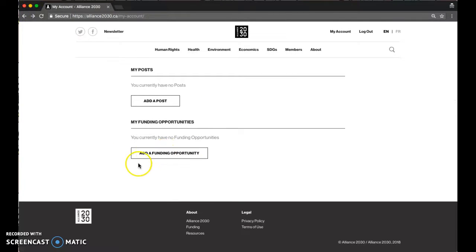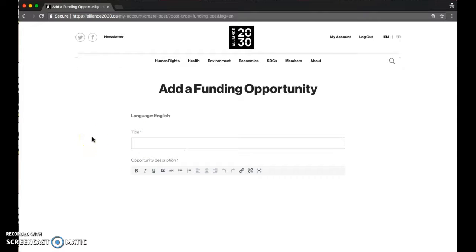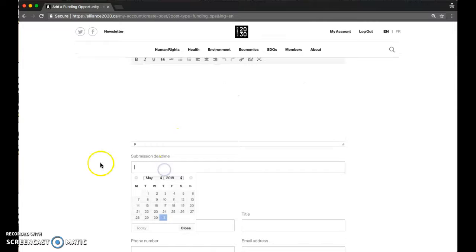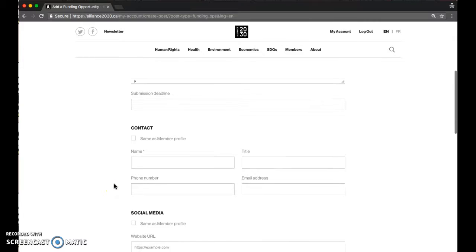Finally, a really exciting feature that we've added is funding opportunities. So if you have a funding opportunity related to the SDGs or related to, for example, goal number 5 or goal number 11, we really encourage you to add it here so that we can start to build a database of all of the funding opportunities related to the SDGs across Canada, regardless of their size. So again, title, description, you can include a submission deadline here. So again, it's a calendar selection. You don't have to do that if it's an ongoing